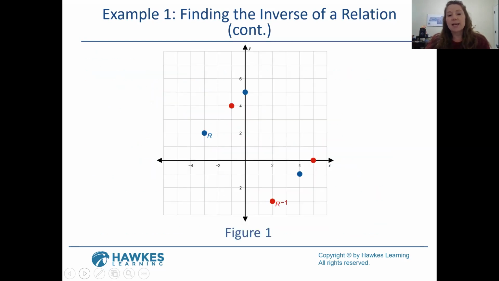All right, so basically when you find the inverse of a relation, it is always going to be a reflection over the line y equals x. So remember how to graph a line: our y-intercept would be 0, and then our rise and run are both 1. So up 1, right 1, up 1, right 1, and so on and so forth. So along this line, our points, our coordinates are going to be mirror images of each